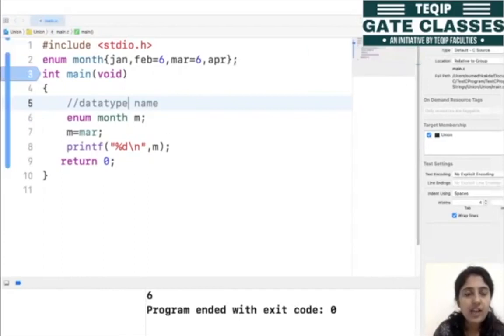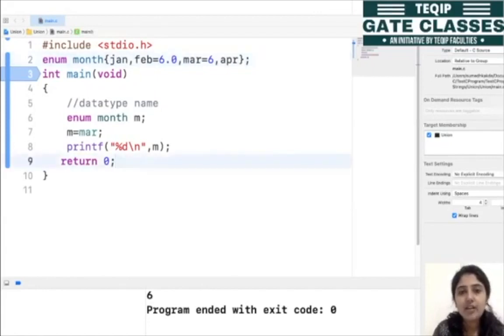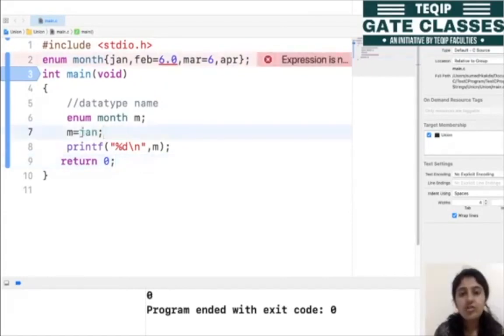Okay, and the last feature of this enum is कि यहाँ पे जो values which we are trying to assign, that must be of integer type. So if we are trying to assign any float type data, so definitely we'll get some error, right? तो देखो यहाँ पे रेड लाइन आ गया कि this is not the allowed expression. Okay, so here we cannot assign the float type data, but okay, so let me erase this.